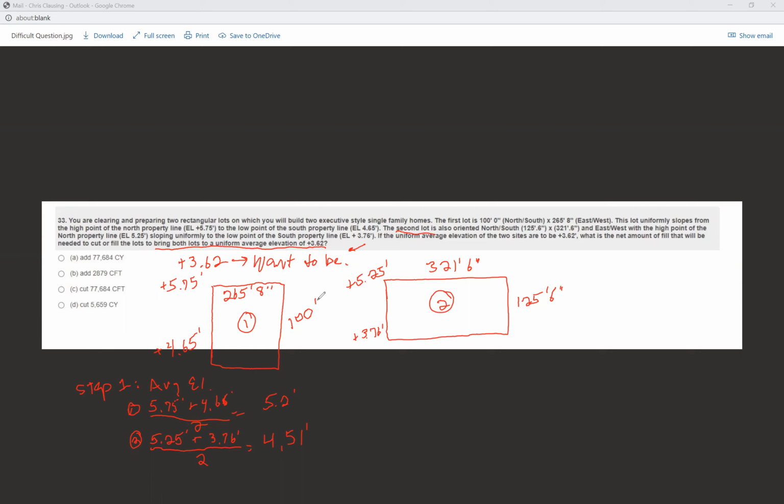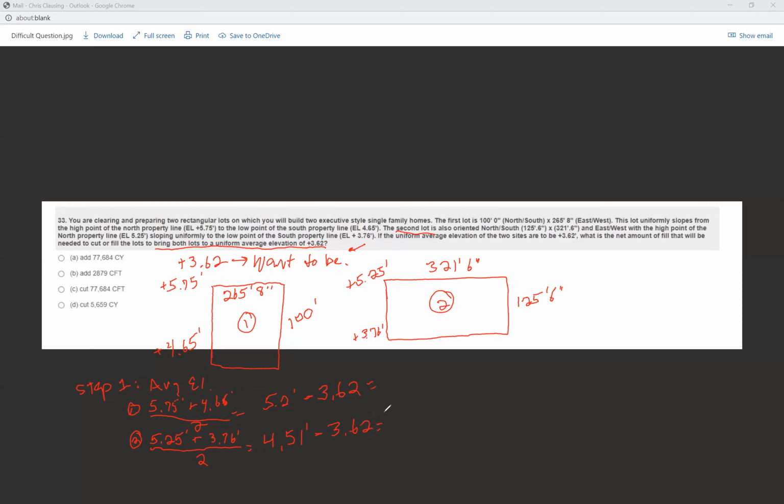So we know where we want to be, again, is 3.62. I'm at average elevation for lot 1 is 5.2, so we need to be at 3. I'm going to subtract that out, 0.62. All right, and then lot 2, the same thing. We need to be at